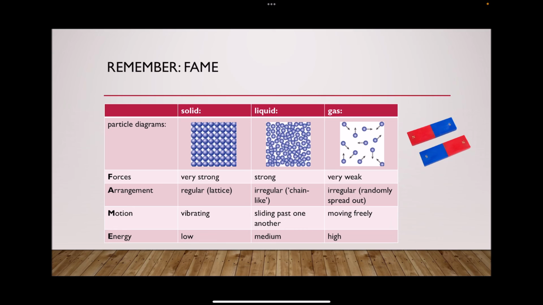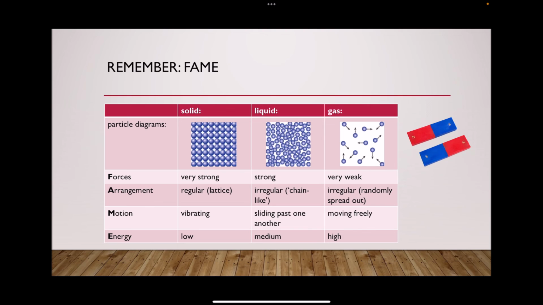And because in a solid the particles are packed so tightly together and are so near to each other, they couldn't be nearer, the attraction forces between the particles are very strong. Within a liquid, the attraction forces are still strong, but not as strong as in a solid anymore, because the distances between the particles have increased a little bit. But within gases, the attraction forces are very weak because the distances between the particles have become very big.